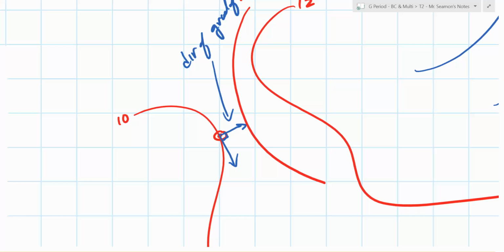Because this is the steepest path. If this is 10 and this is 11 and this is 12, the steepest path is pointing straight at the next contour line. Straight at it. 0 for rate of change here, largest, smallest, 0 going the other way. So what kind